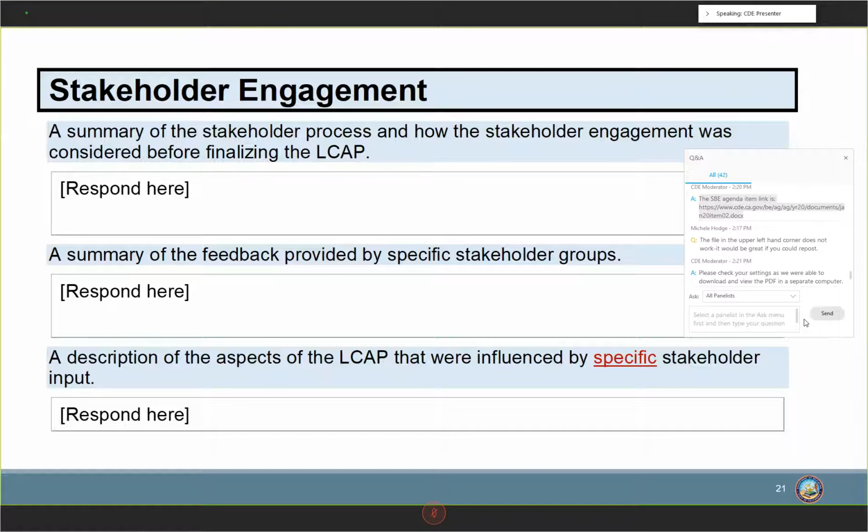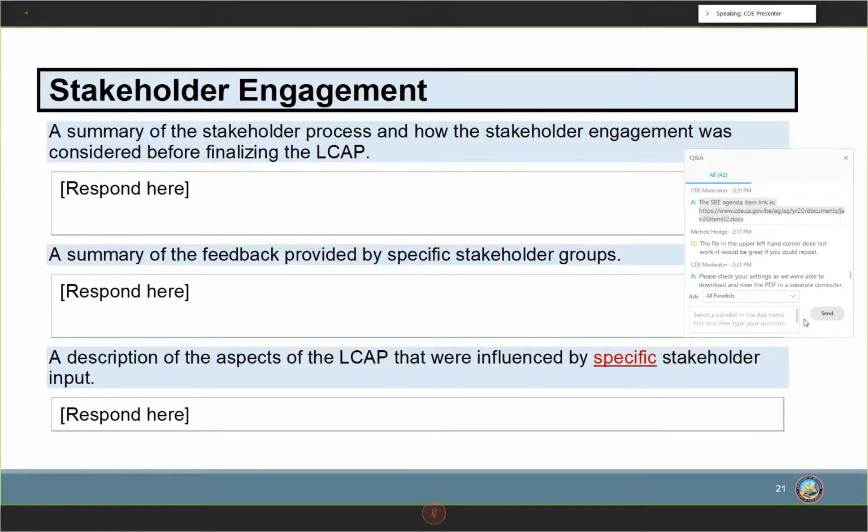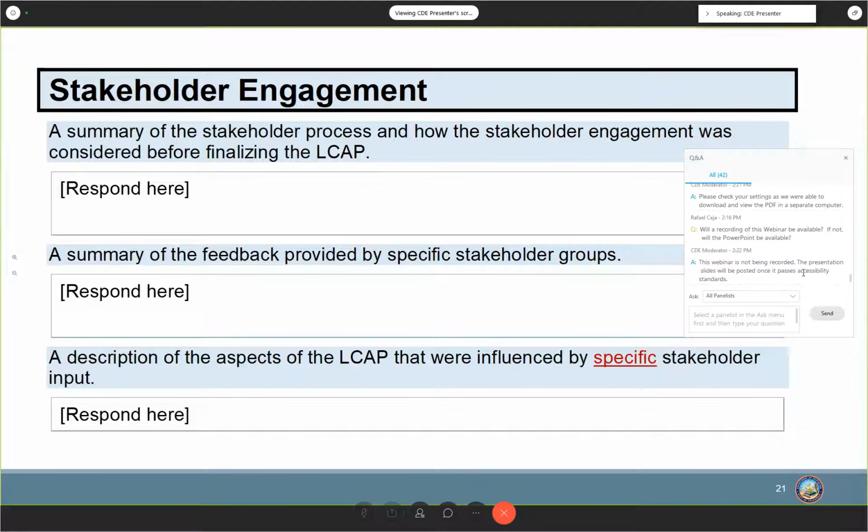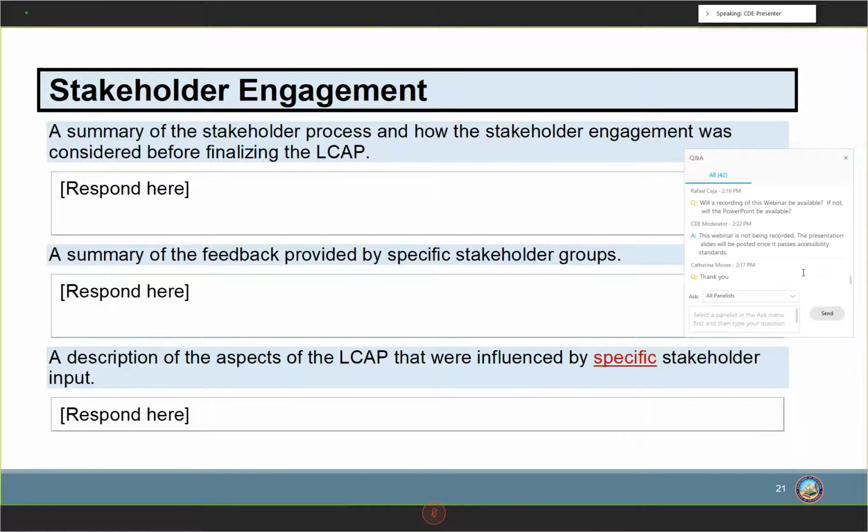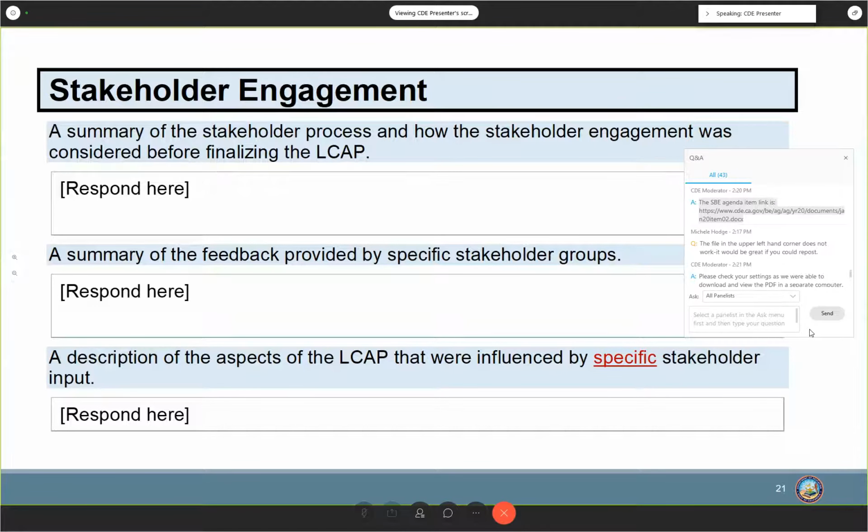In closing, these prompts allow the LEA to tell the story of how the LCAP was developed through its stakeholder engagement process. Before I turn it over to my colleague, Jonathan Spiegel, we would like to emphasize the critical nature of the LCAP and the importance of stakeholder engagement in the LCAP development process. So we ask you to take time to review the instructions and related requirements, which are more detailed in nature, as we prepare for the work ahead. And we'll pause here for questions.